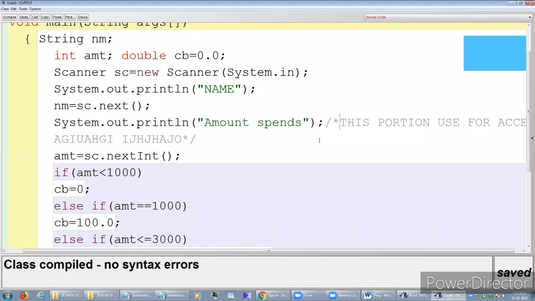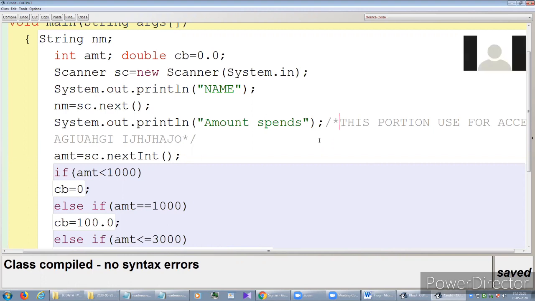So this is only for further reference. One is single line comments. That means you may give 2 slashes, and in a single line you may write your statement. If you want to explain them in a larger way, then you have to use this for this concept.